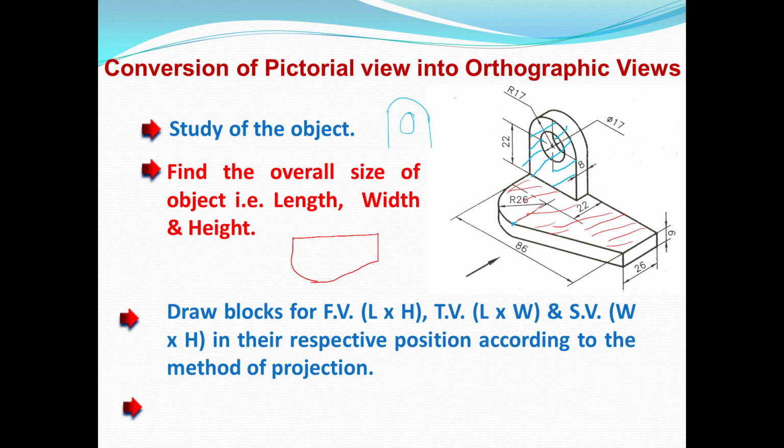This particular point is 48 mm from the back side, and this point is 26 mm from the back side. So this is the back side, and from this back side this distance is 48 mm, and this distance is 26 mm. So this surface is not parallel to the vertical plane. So we get an auxiliary view,